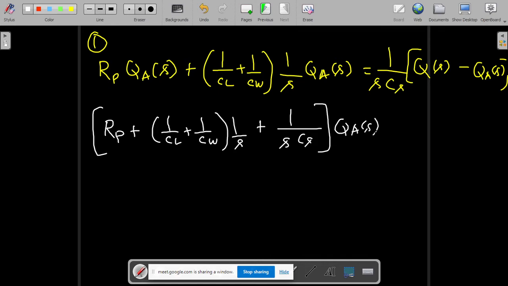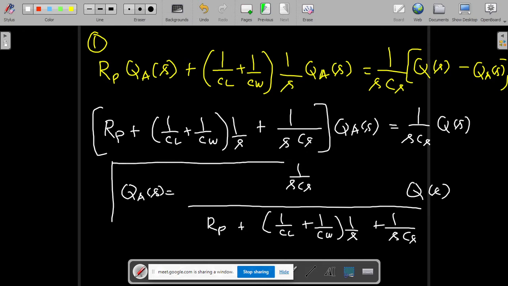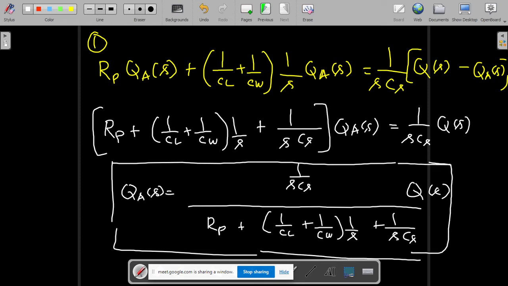It is QA of S is equal to 1 by SCS into Q of S. Okay, so if I want the QA of S, it is equivalent to 1 by SCS divided by RP plus 1 by CL plus 1 by CW into 1 by S plus 1 by SCS into Q of S. So we'll keep this particular equation